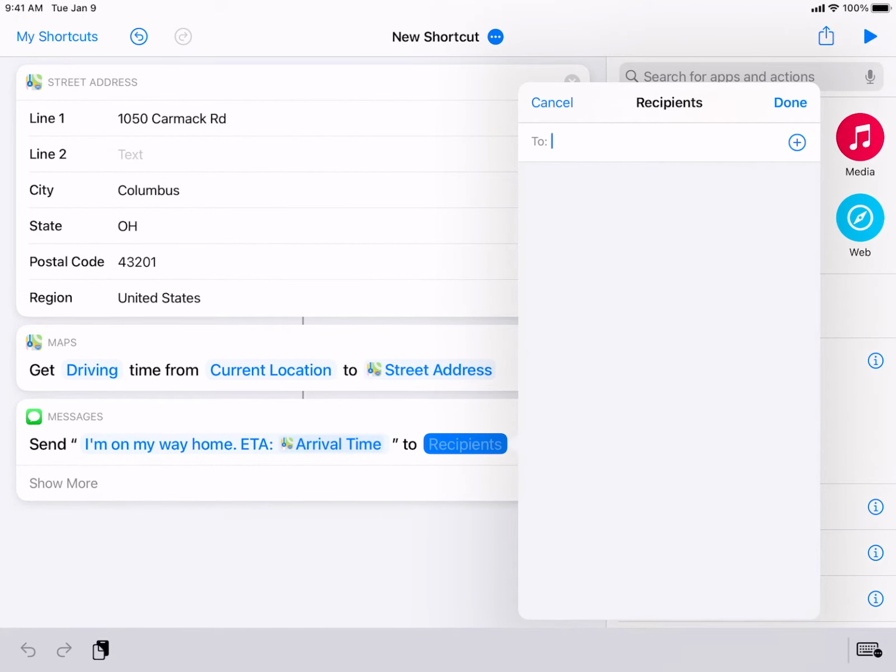Now for recipients, go ahead and add. You would add the person you're sending this message to, and you can actually add multiple people. So if you have multiple roommates, that is something you can do. While you're building it and playing with it, I would recommend putting yourself in there, so that way